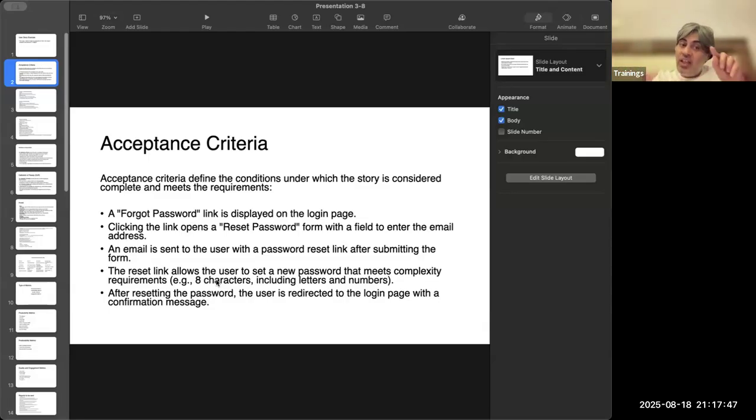Developers check whether each of these requirements, each of these acceptance criteria, is technically feasible or not. Testers see whether they can test this individually or not. Can you test this forgot password link? Can each of the acceptance criteria, can you build use cases?